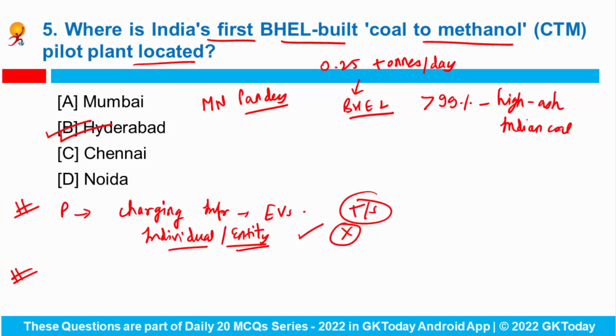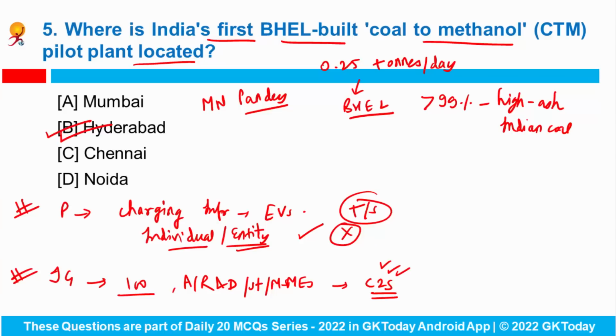Answer would be any individual or entity. Now apart from it, the Indian government has invited applications from academia, research and development organizations, startups and MSMEs under its C2S program. What is it? Chips to Startup. It aims to train 85,000 engineers in the area of very large scale integration and embedded system design. CDAC, the Centre for Development of Advanced Computing, a scientific society operating under the Ministry of Electronics and IT, will serve as the nodal agency for this program.